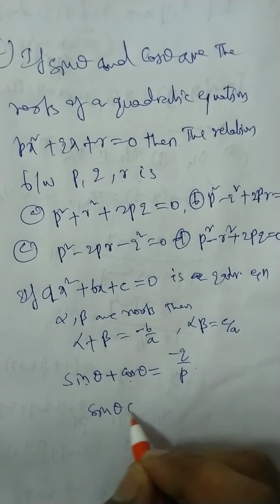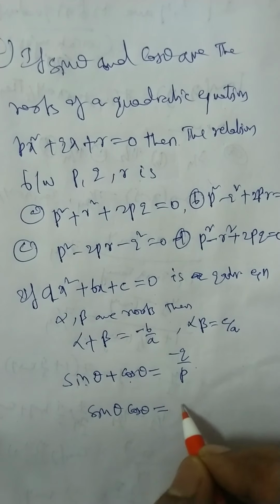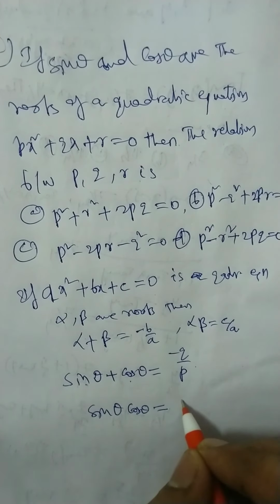And next, sin theta cos theta, that is c by a, that is r by p. So now, using these two equations, we will find a relation between p, q, r. Let these be equations 1 and 2. Squaring equation 1, we find that (sin theta + cos theta) whole square is equal to (-q by p)